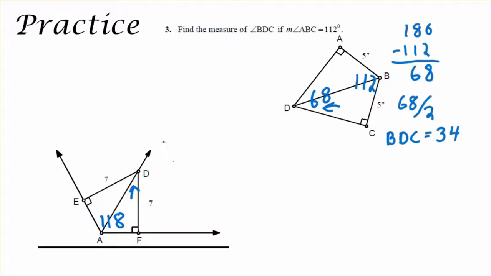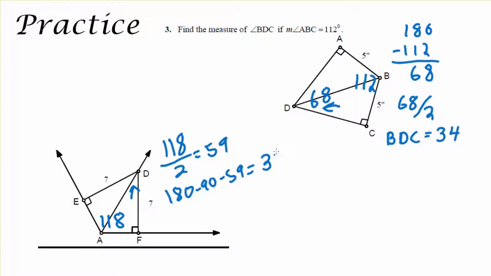Now again, I can take that angle 118 and divide it by 2, which will give me the smaller angle DAF, which will be 59. Now again, I can use the smaller right triangle and take 180, subtract 90, subtract the 59 I just found, and then get the small angle that I'm looking for, ADF, and get its measure, which is ultimately 31